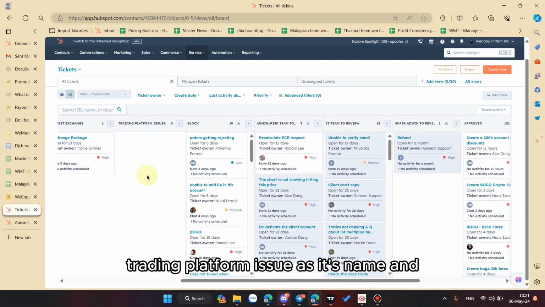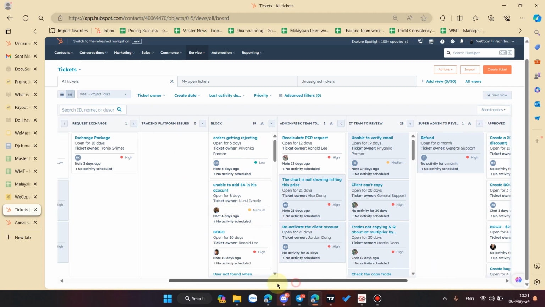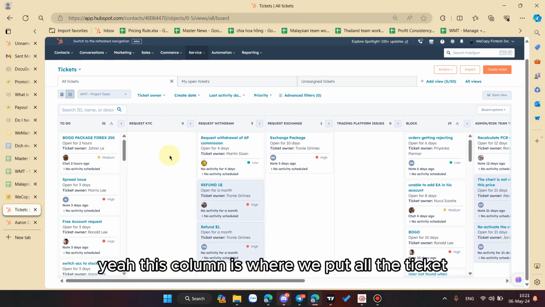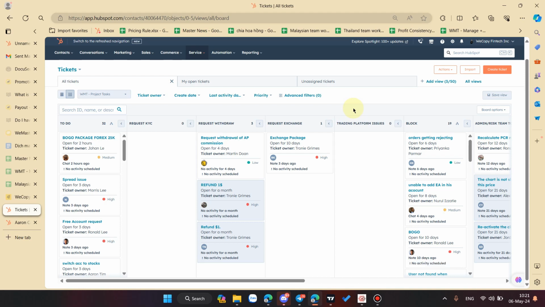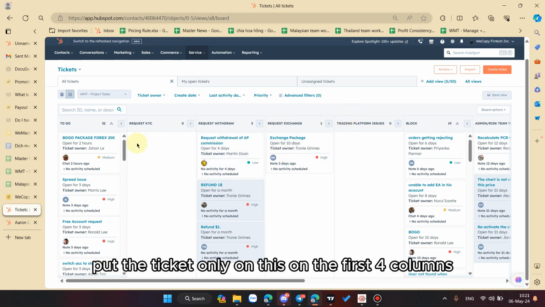Trading platform issue, as its name says. These 5 columns are where we put the ticket because we are mostly from sales or customer service, correct? So we will put the ticket only on the first 5 columns.